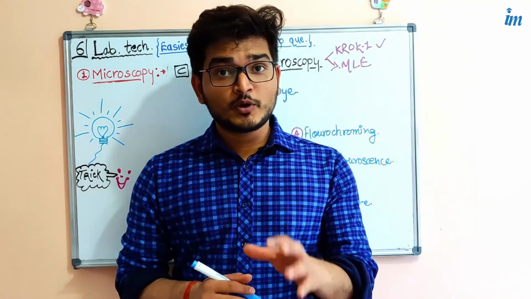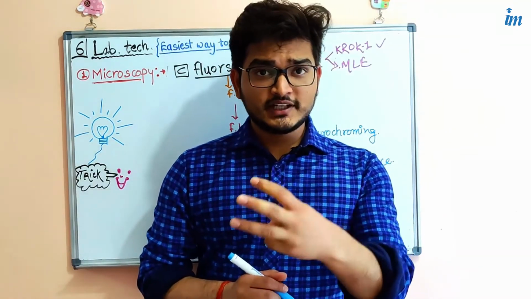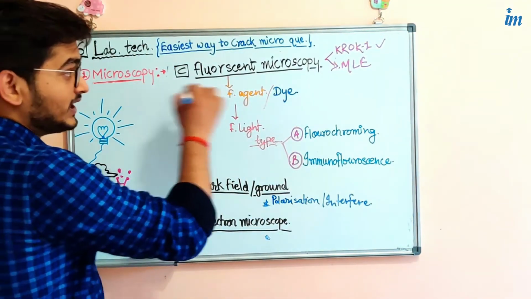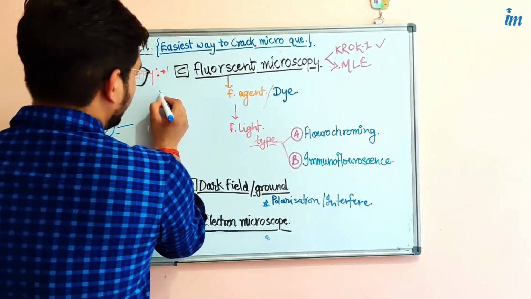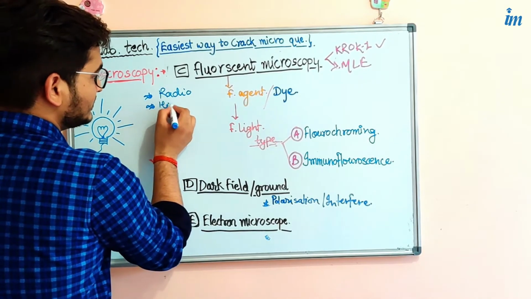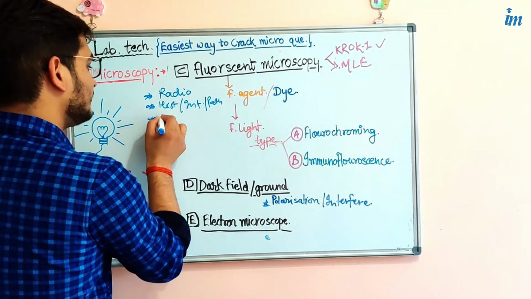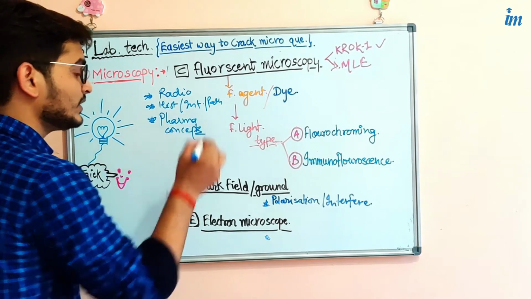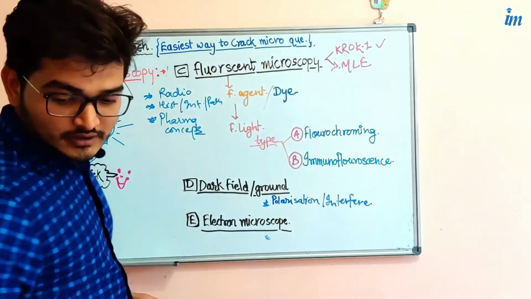So now we are going to talk about the fluorescent microscopy. Here the third one, fluorescent microscopy, the third division of microscopy, is very important, and it is mandatory for you to understand, because the concept behind it you are going to use in radiology, and also in histology, or you can say internal medicine, or pathology, and it is very important for pharmacological concepts. Okay, so for you it is very important to understand the fluorescent microscopy and how it is going to be used in the future.